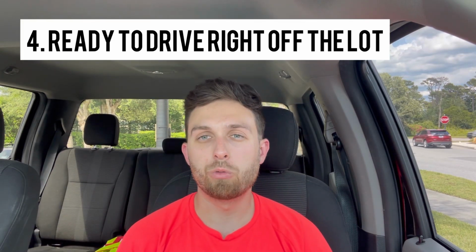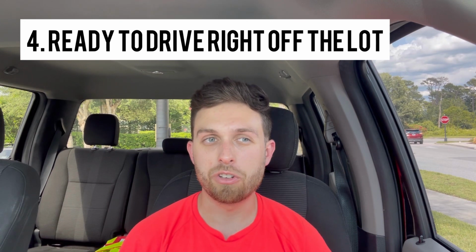And the fourth pro would be that it's already lifted from the factory. You can just take it right off the lot and start driving it as is, going on the trails and everything. So it's ready to go right from the factory. There is no waiting. And if you're someone that's very impatient and you just want that lifted truck right away,